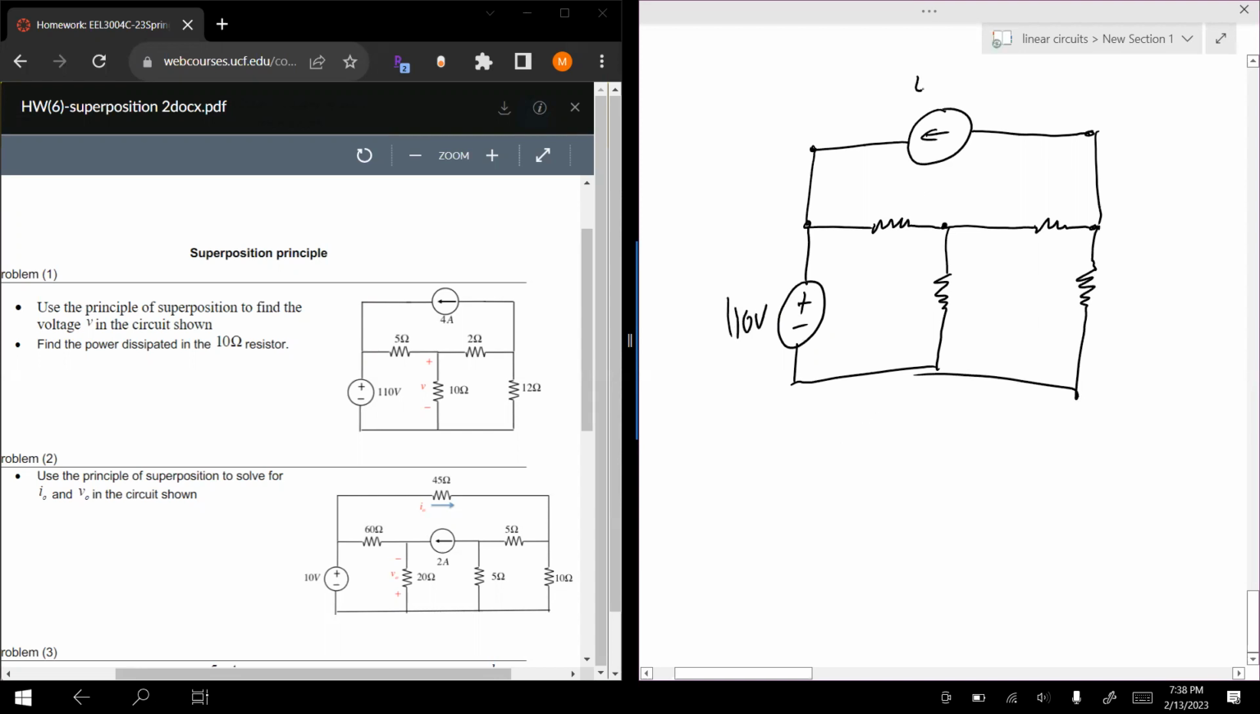110 volts, 4 amps, 5 ohms, 2 ohms, 10 ohms, 12 ohms. Okay. And then we're trying to find the voltage here. So,